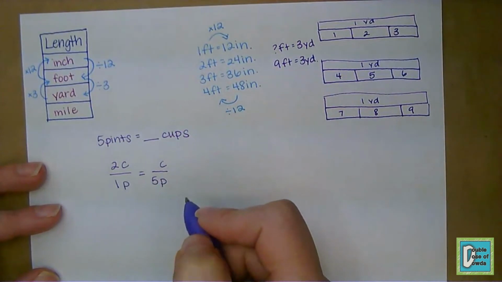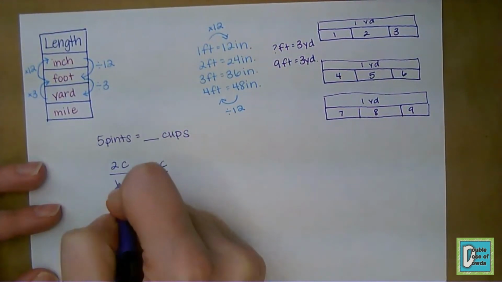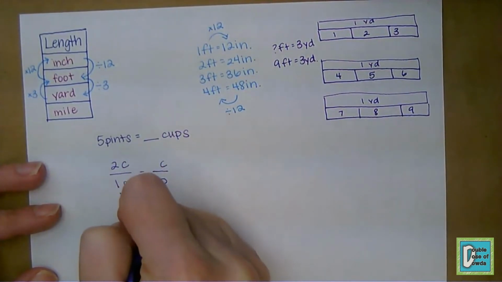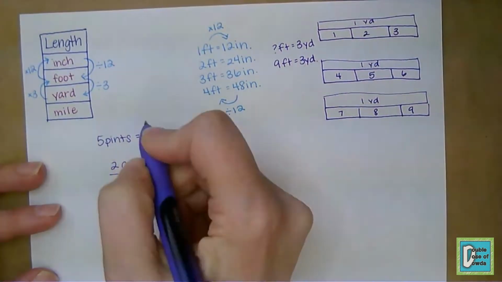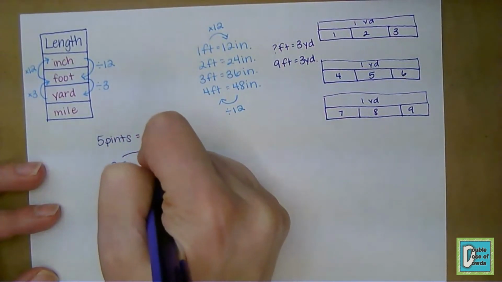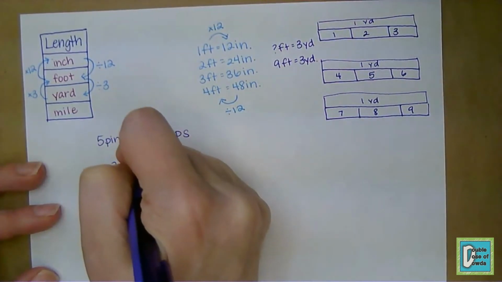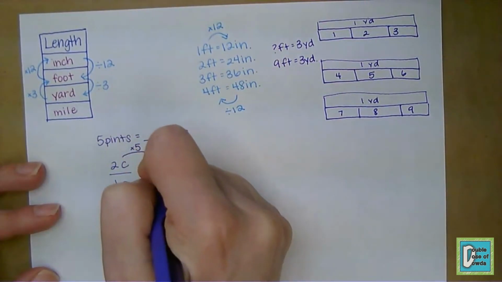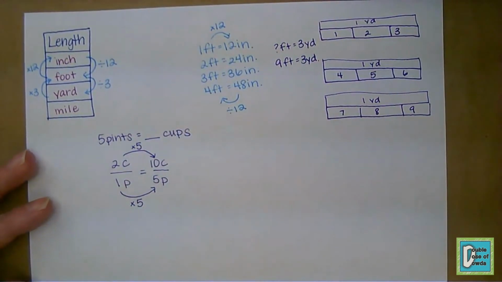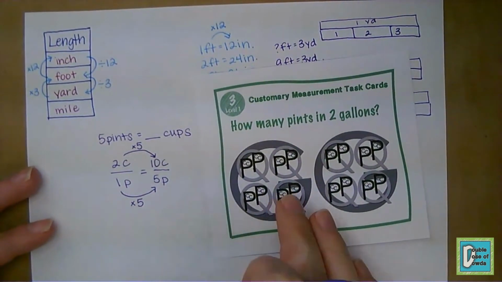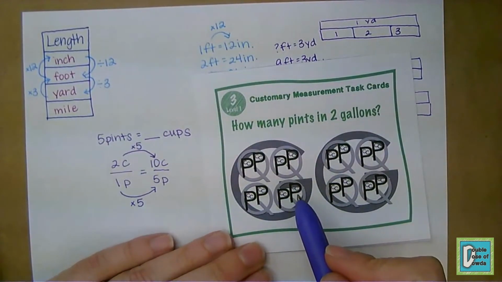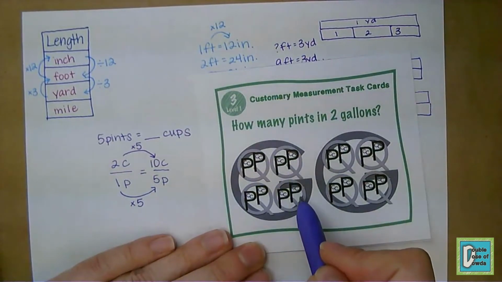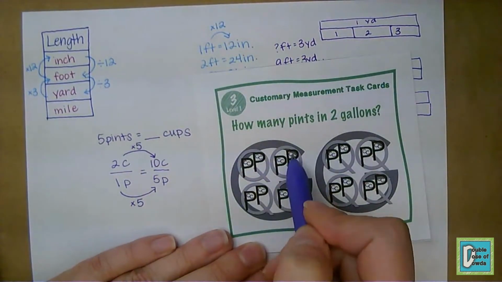Because what we need to do is figure out, okay, if this is going to be an equivalent fraction, how did I get from 1 to 5? I multiplied by 5. How do I get from 2 to whatever is here? I'm going to multiply by 5. So 2 times 5 is 10. And again, you can have them use their little chart here. And if they have 5 pints, 1, 2, 3, 4, 5 pints, that would be 2, 4, 6, 8, 10